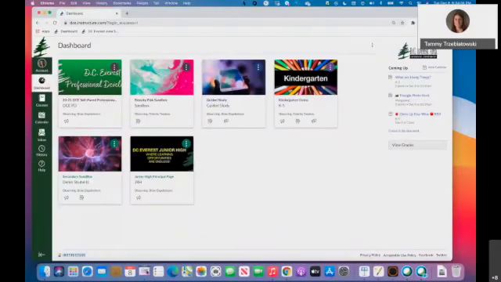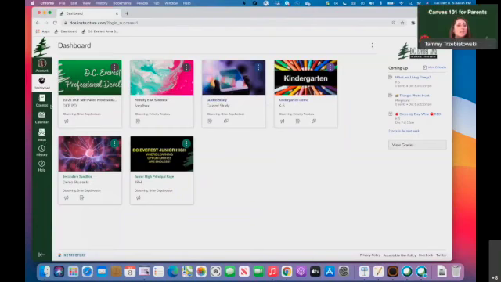Call this our global navigation. The middle we call the dashboard, where you're going to see the course cards of the students that you're observing. And over on the right-hand side, we have our sidebar. On your sidebar, this is where you are going to see your upcoming events that your students have, the calendar